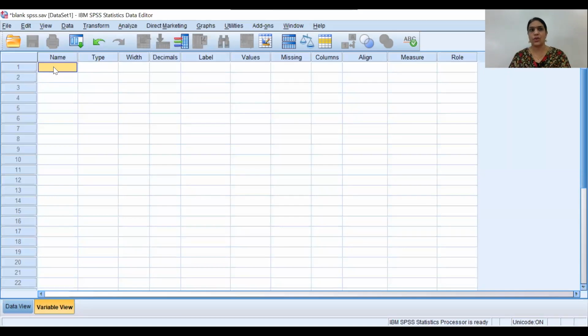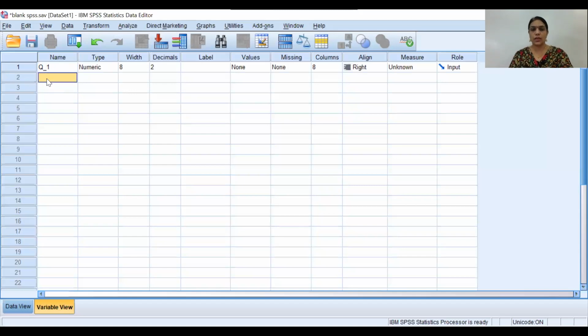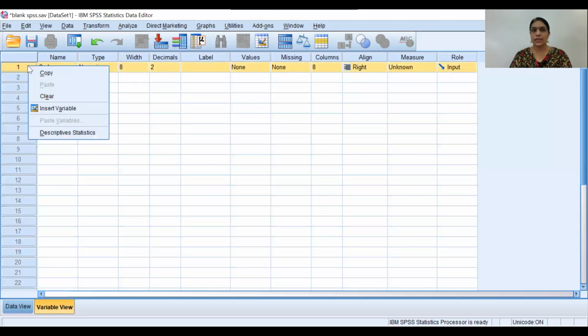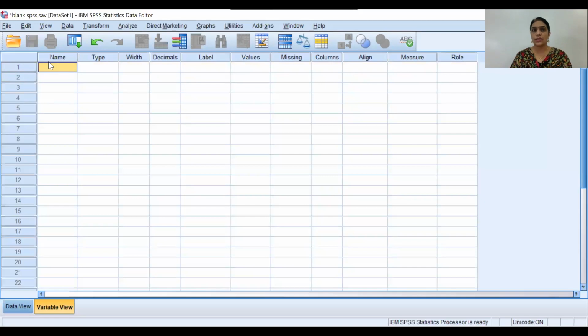As academicians, I can suggest that you can enter the question numbers also, like Question underscore 1. SPSS does not take blank spaces, so you can use an underscore. So Question underscore 1, Question underscore 2. Clear? This way you can enter the variable. If you do not want to enter like this, then you can enter a short description of your whole question, like SQ.